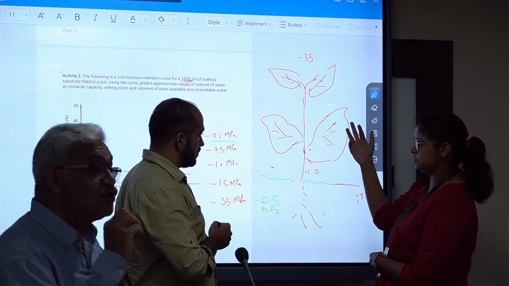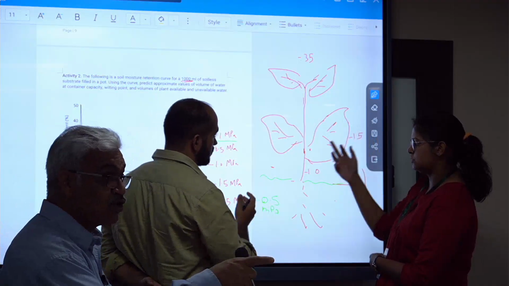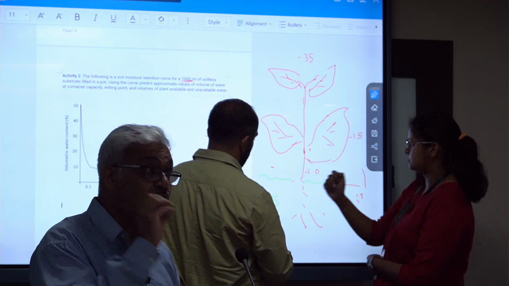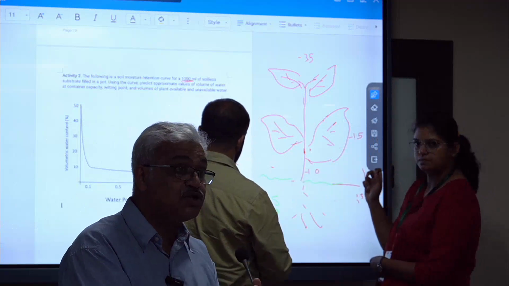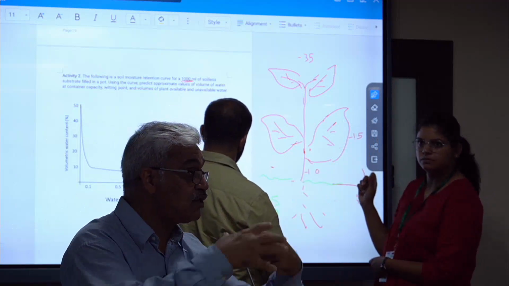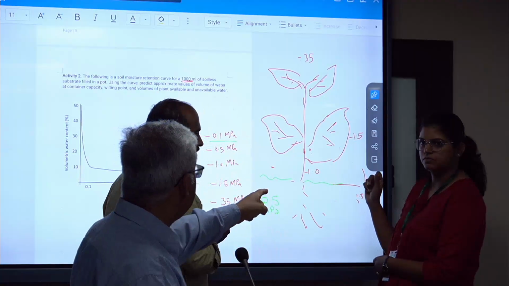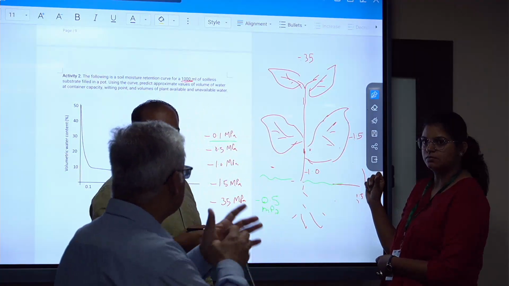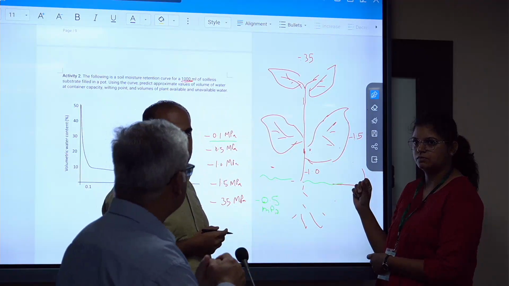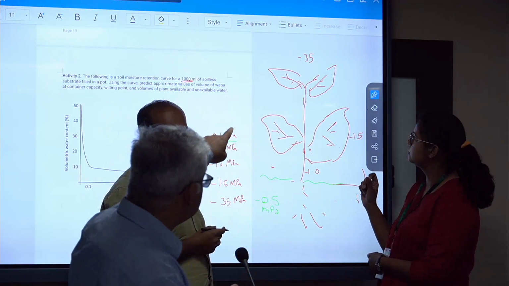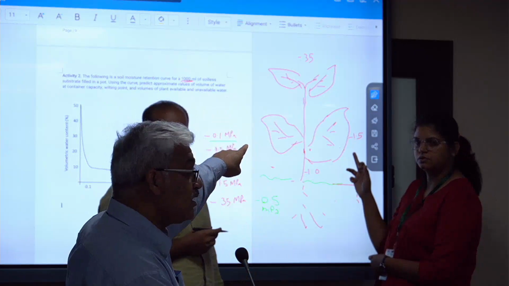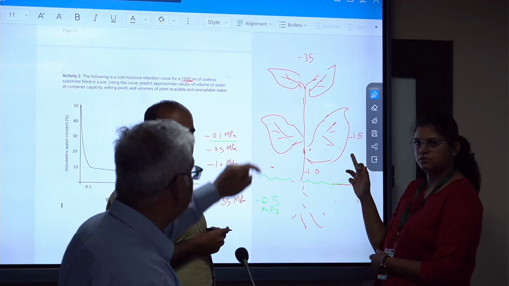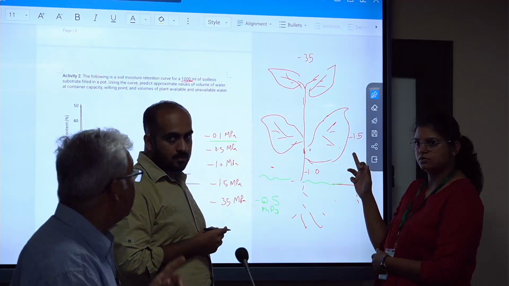This morning I think you asked the question, right? When you add salts to water, what happens to osmotic pressure? It becomes more negative. Water is bound by it. So you are saying that plants are going to create some salts, proline and this and that, osmoregulants. They get synthesized in the leaf. When they get synthesized in the leaf, what happens to that number in the leaf? From minus 1.5, it changes to,